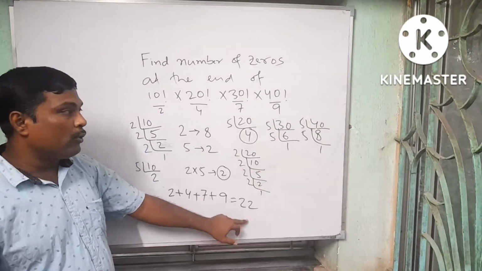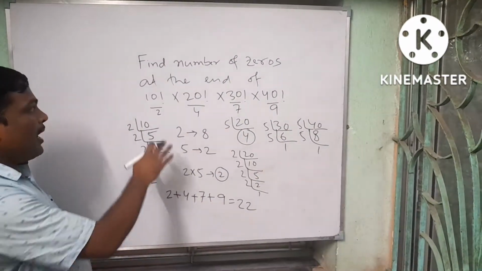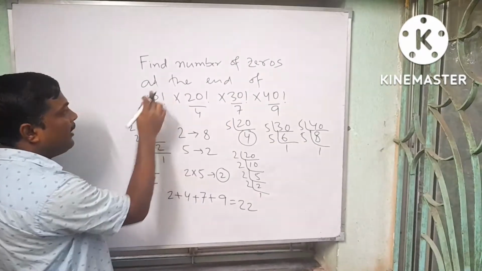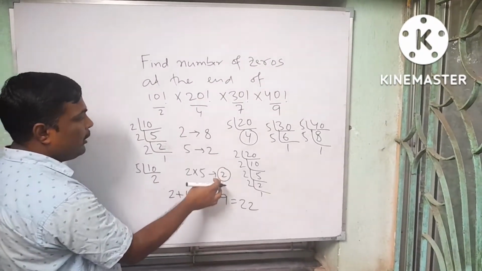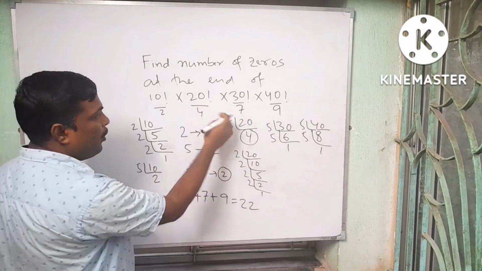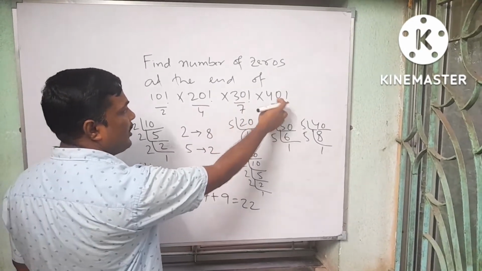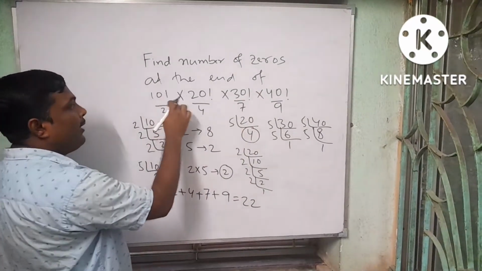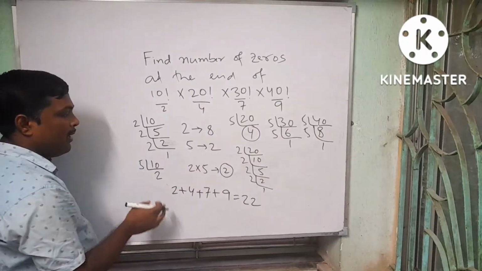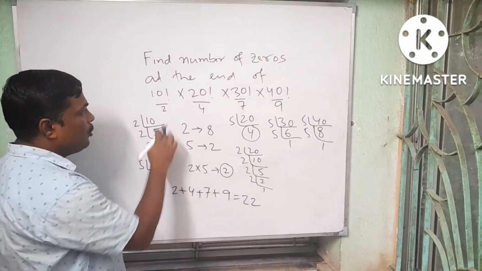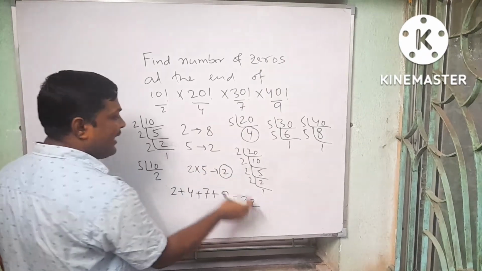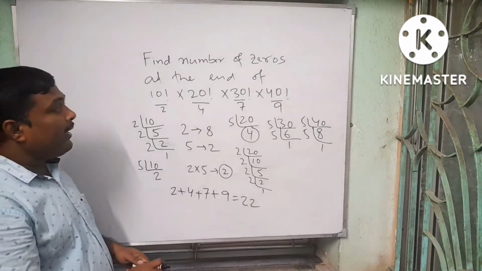Okay, first we have to find number of zeros at the end of 10 factorial. It is 2. In 20 factorial it is 4. In 30 factorial it is 7. In 40 factorial it is 9. So at the end of this product of these 4 terms, we have number of zeros 2 plus 4 plus 7 plus 9, it is 22. Okay,